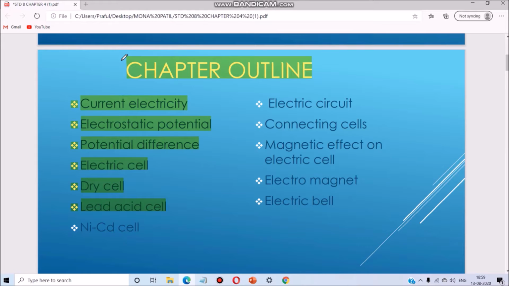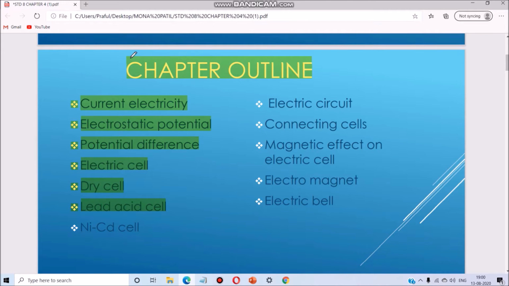Moving charges get transferred from one object to another. These are negatively charged. Moving negatively charged particles are the electrons. Can this negative charge be made to flow? Can electricity be made to flow like water flowing from a higher to a lower level? You have learned that a force will have to be applied to put a stationary object into motion. So we get current electricity when the electrons in an electrical conductor are made to flow.